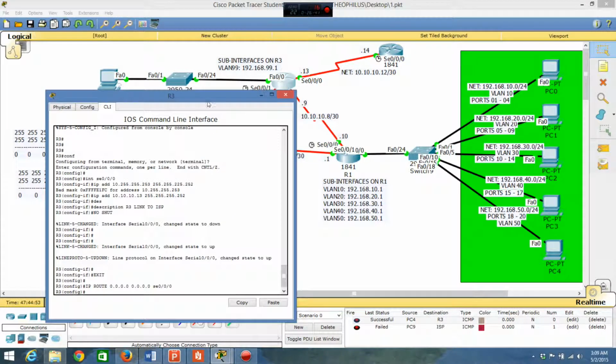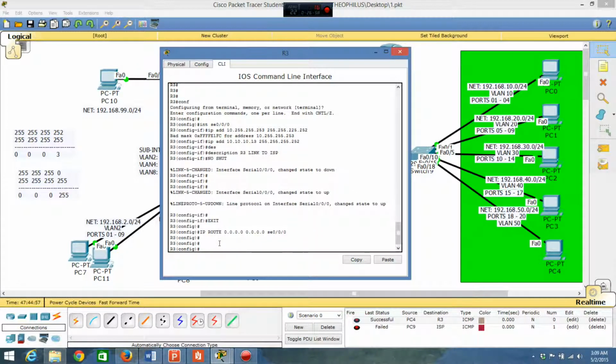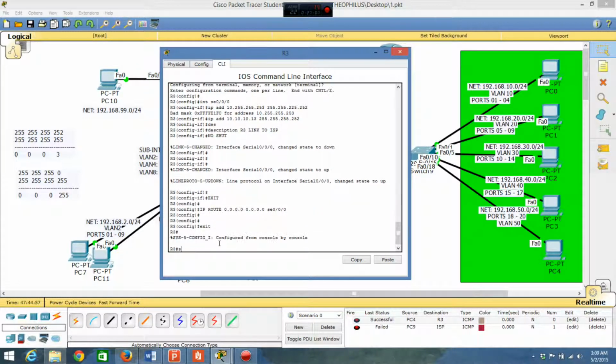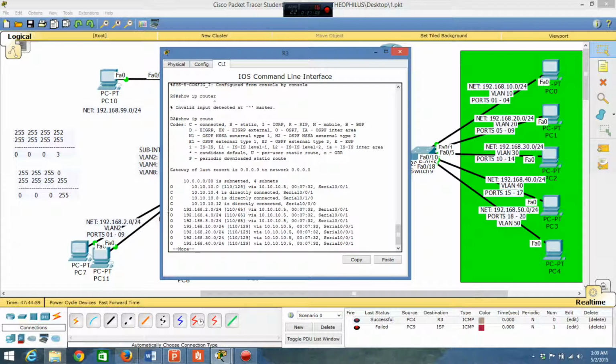To check what you've configured, you can do a couple of show commands to see exactly what you have running on your router interface. So let's exit out of here and do show IP route. Show IP route should show us our configuration. So as you can see, this is the code. Basically all the lines you see with O, they are all OSPF, and all the ones you see with C, they are all